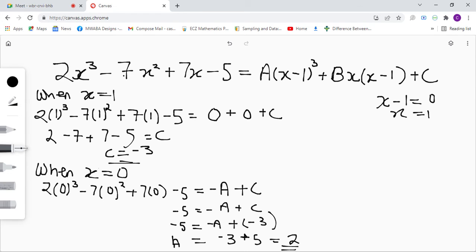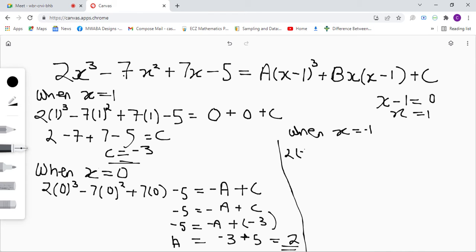Now, since we've got our value for a, let's now find our value for b, okay? So we've already used x equals 1, that was our critical value. We've already used x equals 0. So we can now use when x equals negative 1, right? So we say when x equals negative 1, okay, when x equals negative 1, all right? So we're going to substitute, just make a line here to demarcate. Yeah, so we're going to have